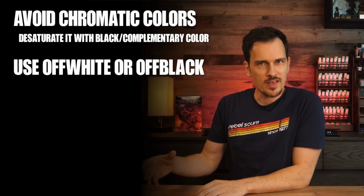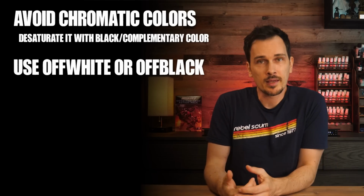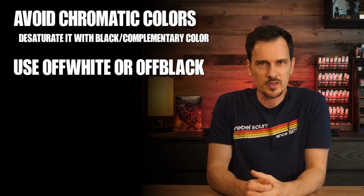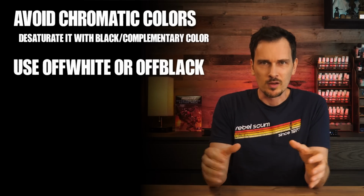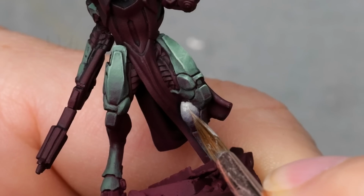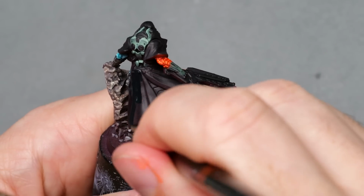The second approach is that you simply don't use a color to begin with, use white or black instead. They typically appear neutral in the grand scheme of color composition and don't add to color overload. In this case, I went for an off-white to distinguish these parts of the leg armor, and I used the blue mixed with black as the base for all the